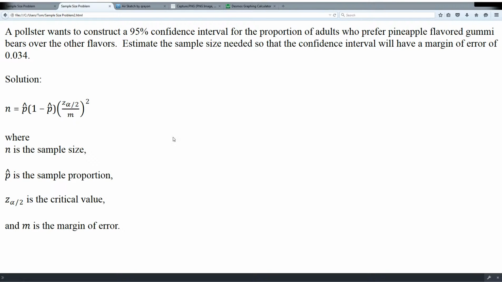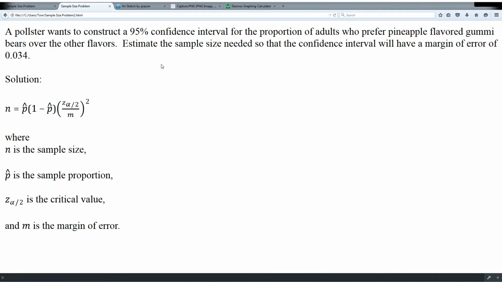So the solution to that is we are going to use this formula here, which comes from the form of the confidence interval itself, but it's solved for n, the sample size. And so the formula is that n equals p hat times 1 minus p hat, and that is all times the critical value z alpha over 2 divided by m, the margin of error, squared. So again, n is the sample size, p hat is the sample proportion, z of alpha over 2 is the critical value, and m is the margin of error here. So that's the formula that we are going to start with